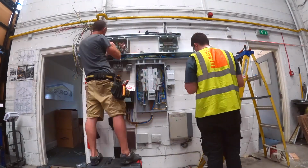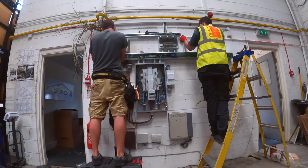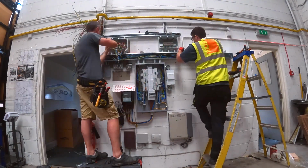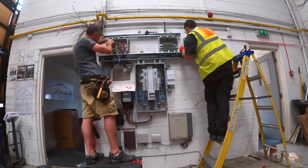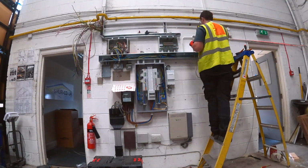I'm getting to work on the left-hand junction box now. Now this one was a bit more difficult. All these circuits in here, well not all of them, but the majority of them were in singles. And none of the neutrals and earths in the original board were well matched up, so it was quite a job to get some of the